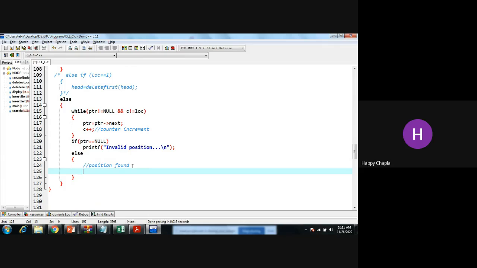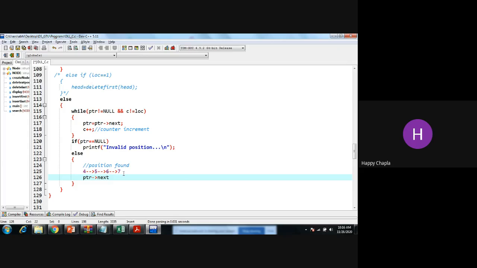have to give the link, like whatever is my node's next node will become the next of my previous node. Okay, like if we have 4, 5 and 6 with us, something like this. If I want to delete this 5, so now your 6 will be linked with your 4. Okay, so this link we need to build. So what we have to do for that, first of all, whatever the value is present in my ptr of next, right, that value I have to copy it in